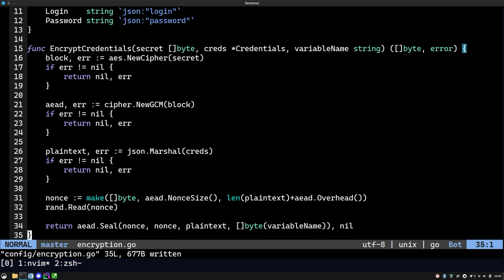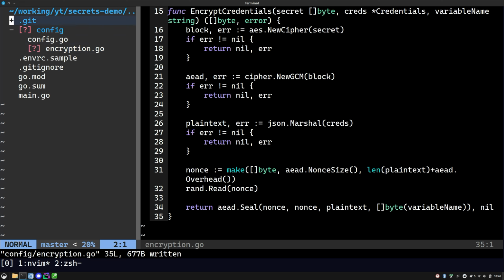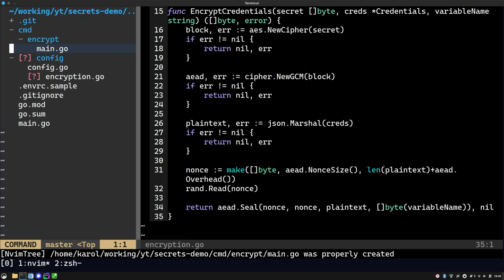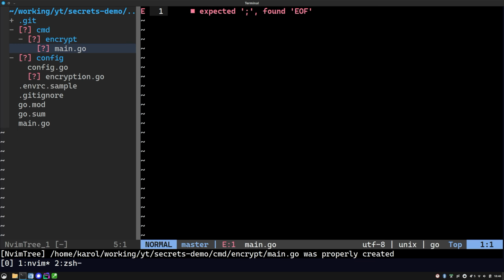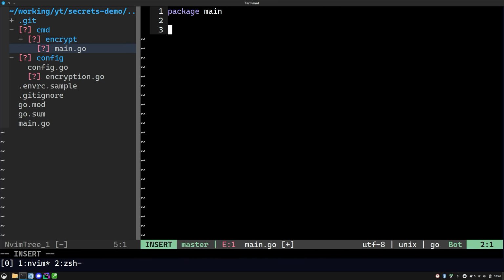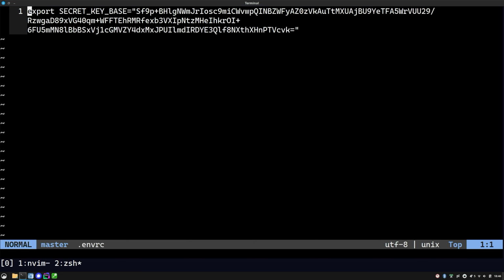So we could try and test this implementation. I'm going to write a new program called encrypt, and it's going to be just a single-use script that we can discard afterwards. Package main and func main. We're going to need some credentials, right? So I'm going to go ahead and in the envrc file, I'm going to define credentials, and